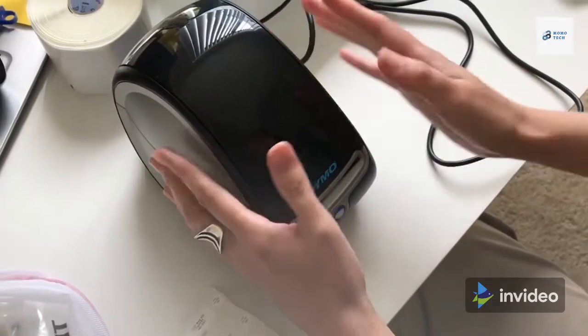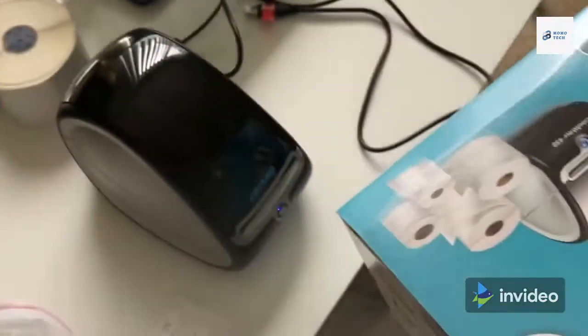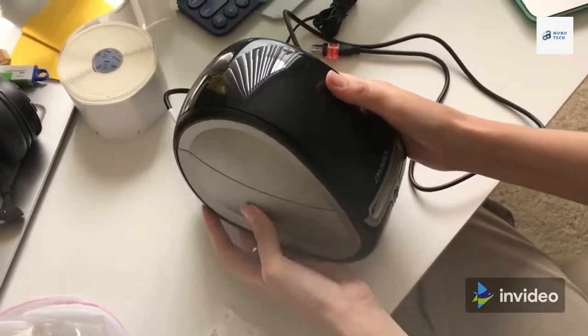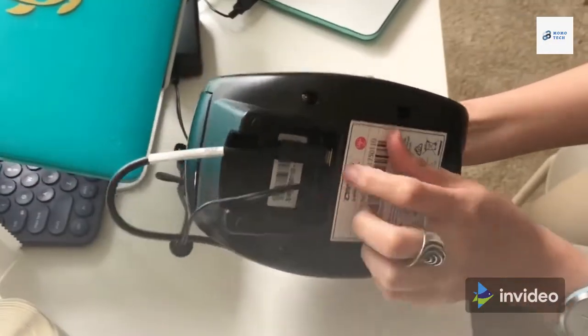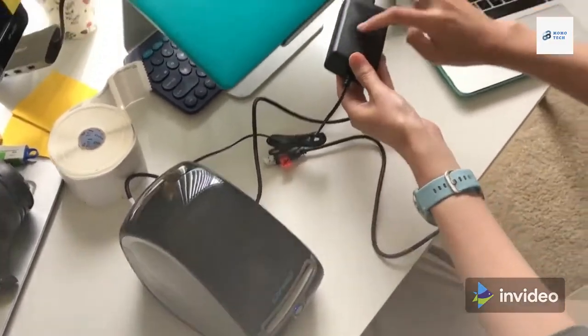This is the DYMO. You will find it in this box here in the lab, and it will probably be plugged in, but just in case I will show you. It has two connections. This one goes to the computer and this one goes to the electricity. The one to the electricity is connected to this transformer,